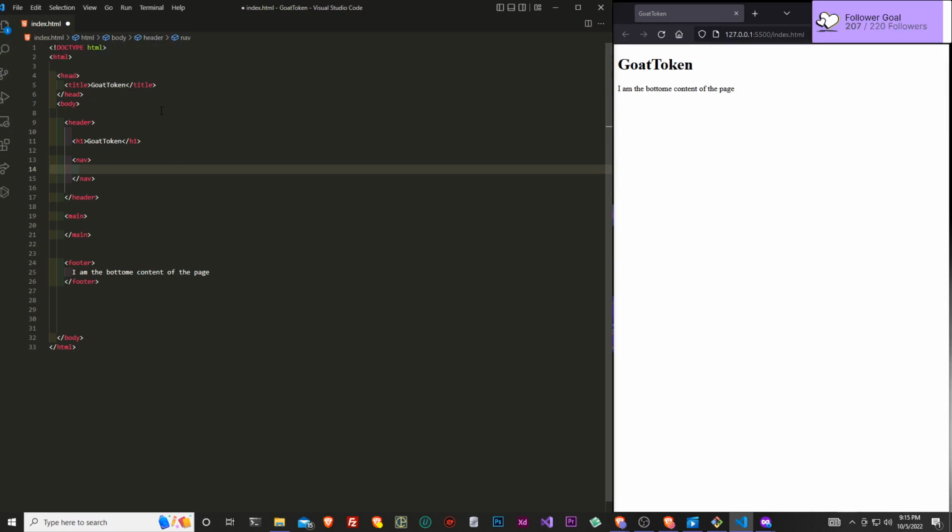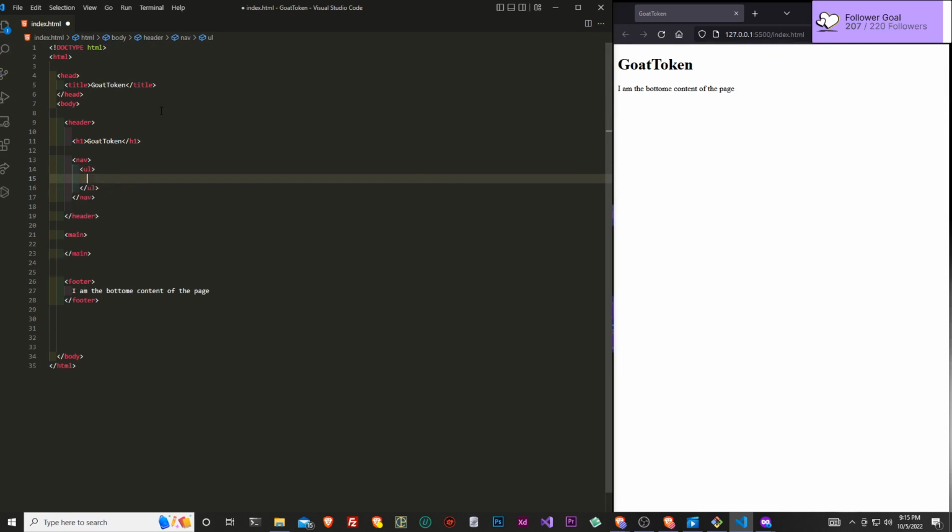And at the same time, inside of our nav tag, I usually like to create a list. Inside of our nav tag, I create a list to signify that these are navigational items, the links on our webpage.